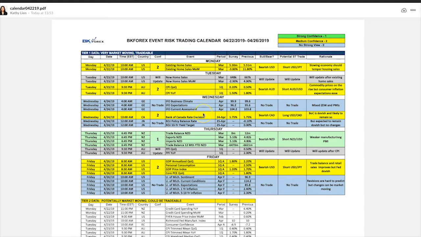But the really big event will be the Bank of Canada rate decision, because that's sort of the really key marker of the thinking of the Bank of Canada going forward into the second half of this year. Canadian data has actually been surprisingly strong. On top of that, oil has been at 63, 64 for the last month and a half. That's very, very supportive of the Canadian economy, even though it's no longer a pure oil-based economy. But it'll be interesting to see just how dovish the BOC will be.